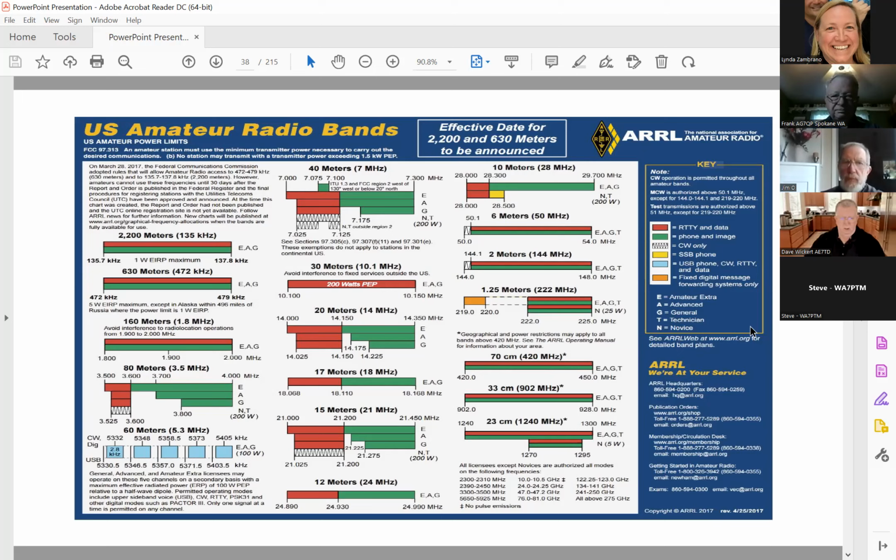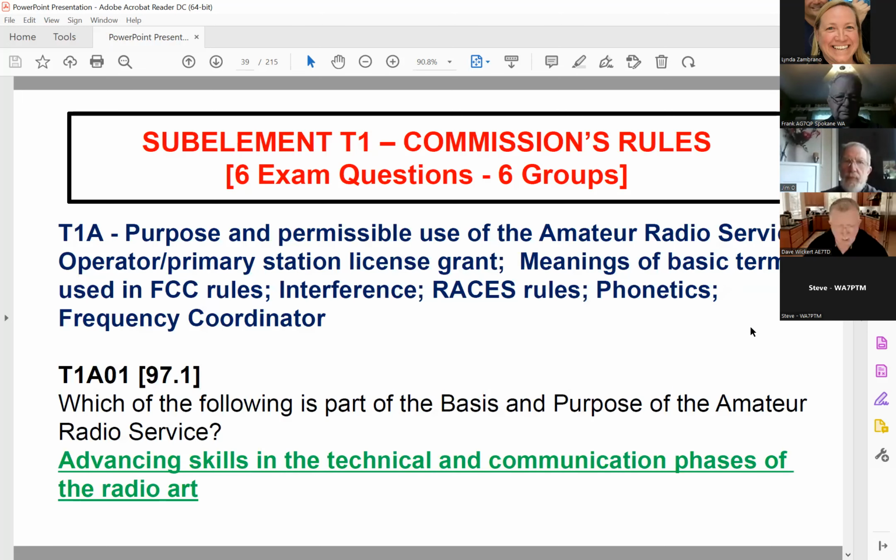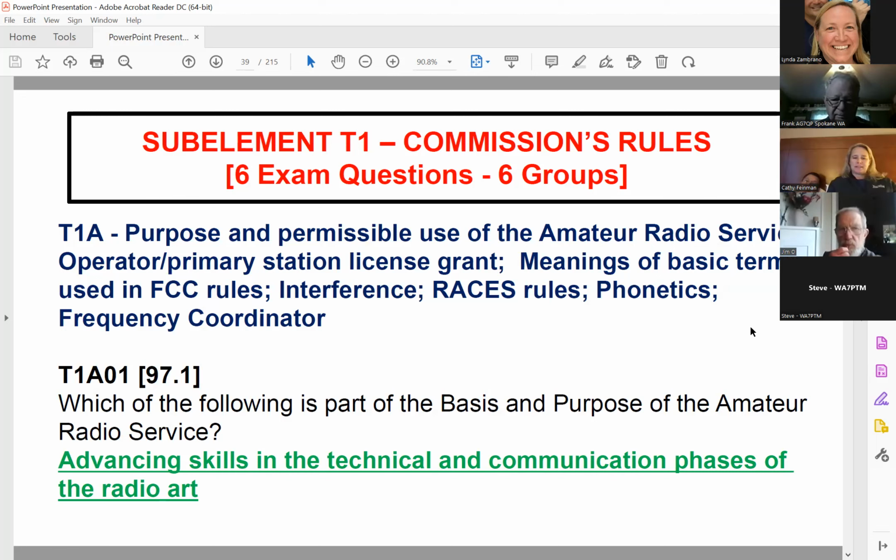Okay. Are there any questions about the commission's rules? I don't want to go over anything that people don't need to be covered. And I can't see anybody, so someone will have to tell me. Are there any of the rules that you don't understand? I mean, I don't remember the specific questions within each of the groups, but there's nothing I can think of off the top of my head. Okay, well,